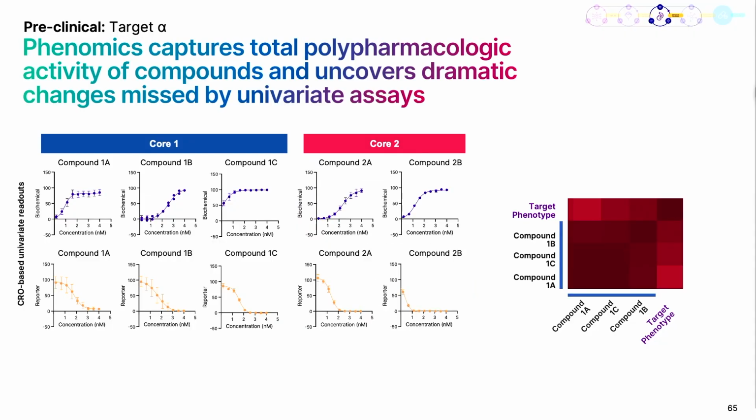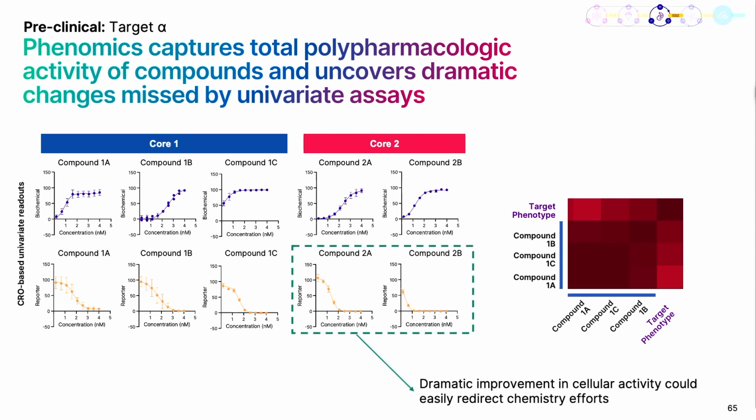About halfway through the program, our chemists introduced a second core, and you can actually see here that in this new core, our reporter assays started reporting out that potentially we had increased cell-based assay activity that was potentially really exciting for us. Now, possibly in some other place, we would have been excited about this new core, but at Recursion, we never got excited about this core. I think the excitement lasted for all of maybe 5 days,